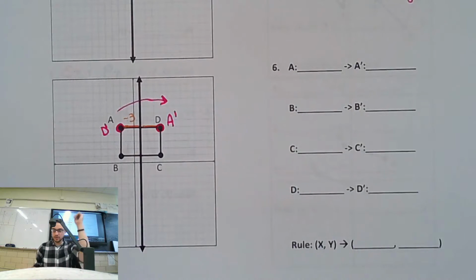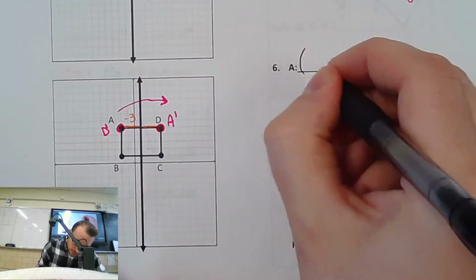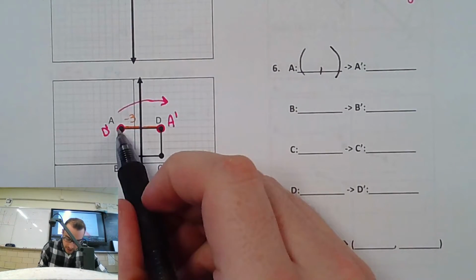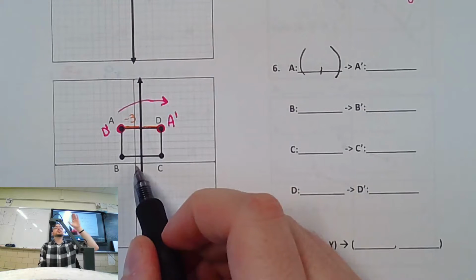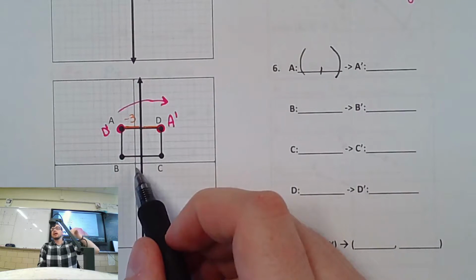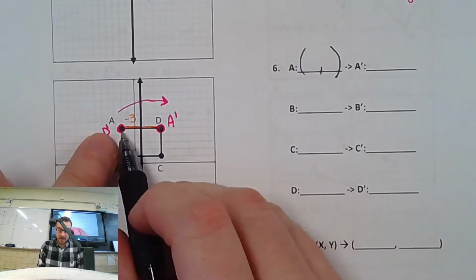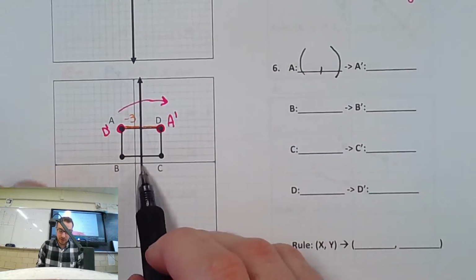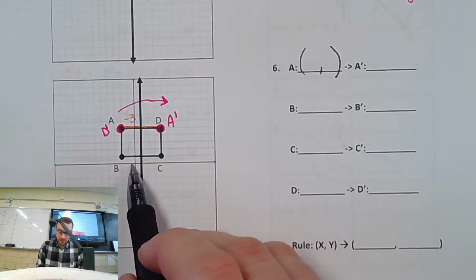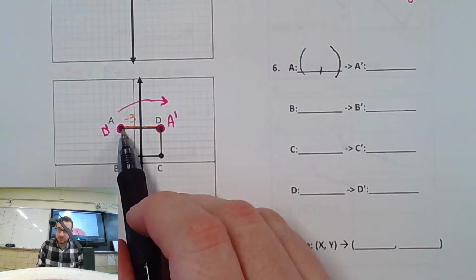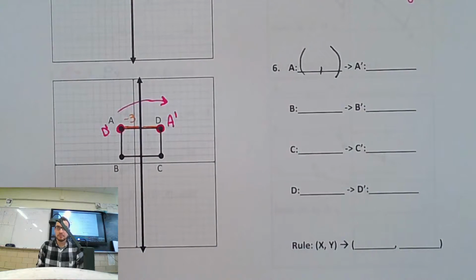So let's write down these coordinates. Figuring out the rules is going to be a little more difficult, but we can handle it. A's coordinates, original A, again, we count from the origin. This is going to be a mistake you make tomorrow, so make sure you look. I guarantee when you guys go to count A to figure out its coordinates, you'll start here, and you'll go 1, 2, 3 to the right, and 5 up. Why is that wrong? Why is it negative 2, Eads?